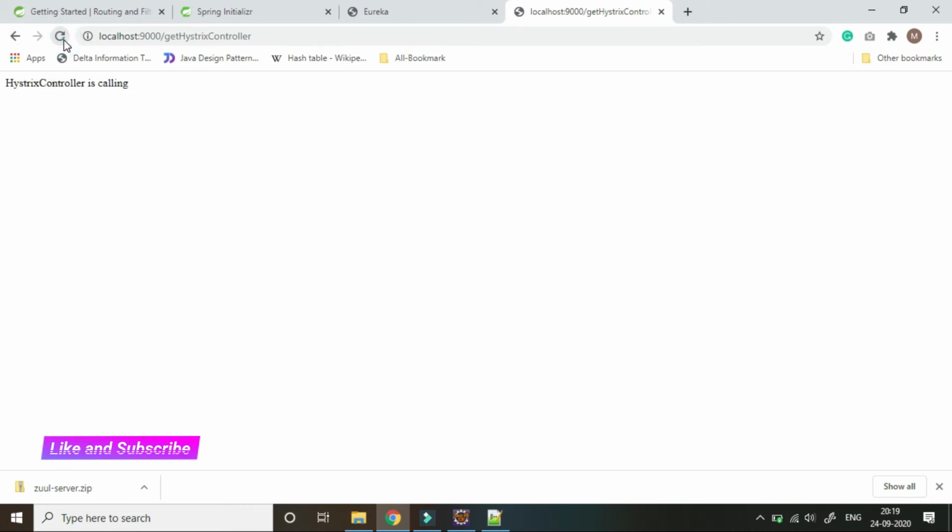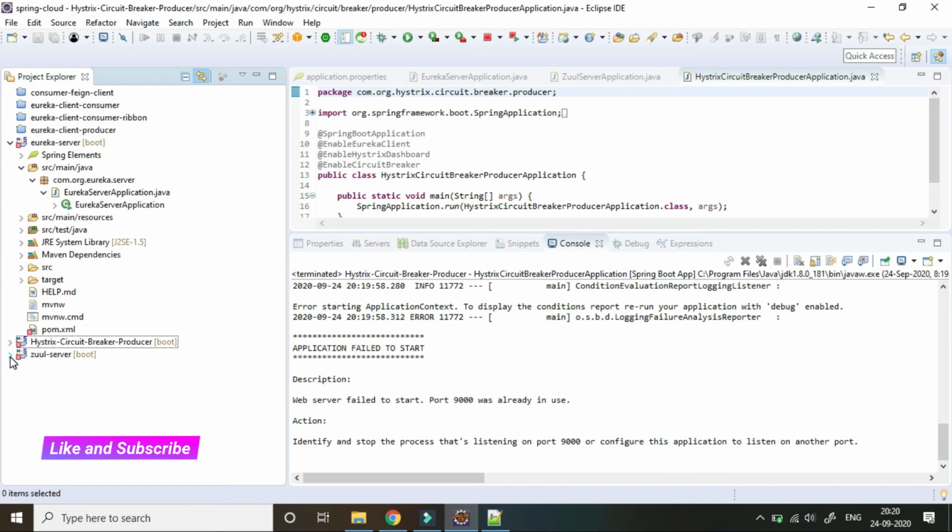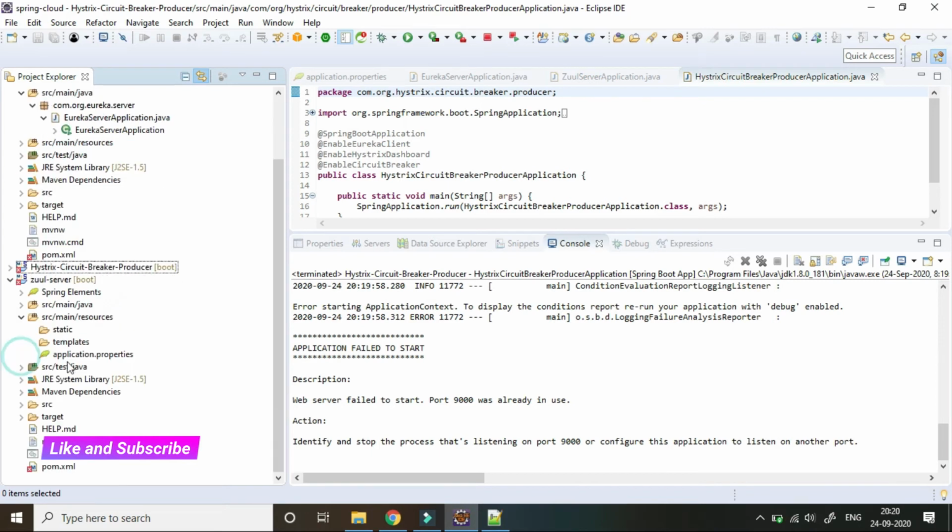Now we will not access this endpoint directly. We will use it using our Zuul proxy or Zuul server. Now we have to start our Zuul application.